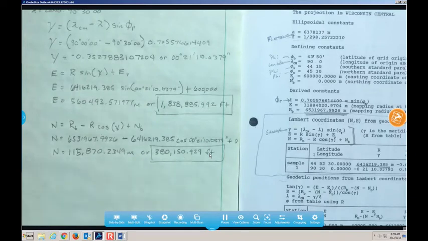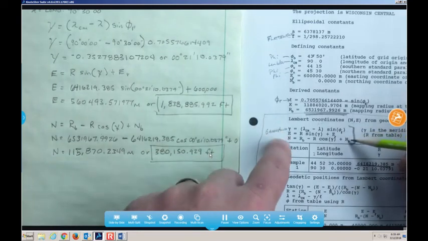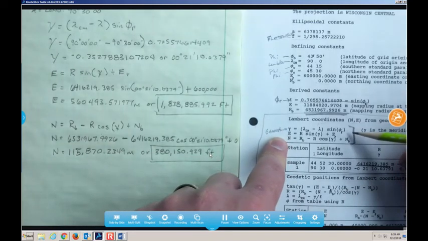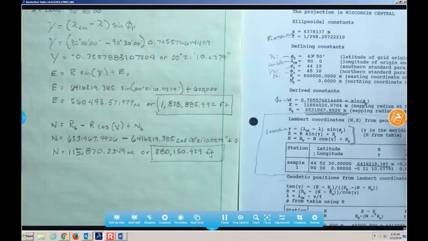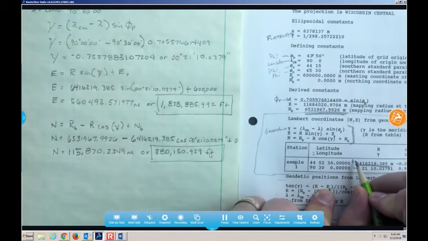Okay. Any questions on that one? All we did was use these three equations that are shown, and we used the variables from the coordinate projection. So when I give you your homework, you're able to use this coordinate projection. You'll have all these variables, just know what they are. Just know that R here,